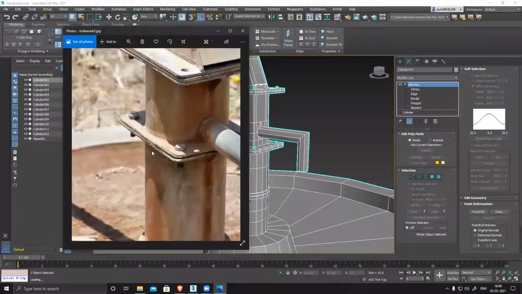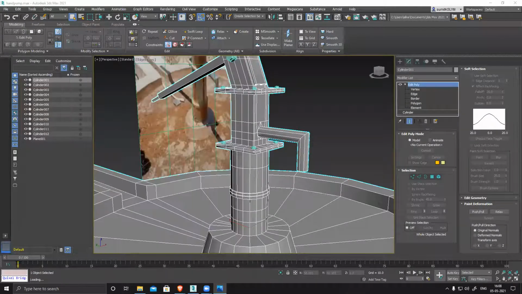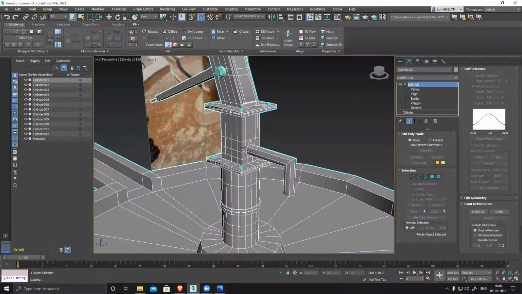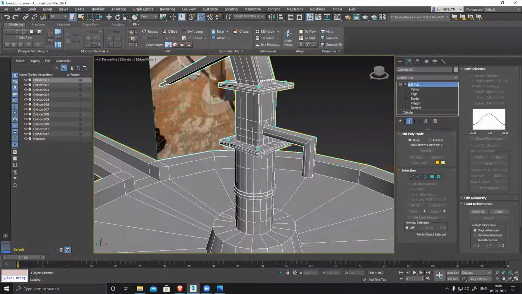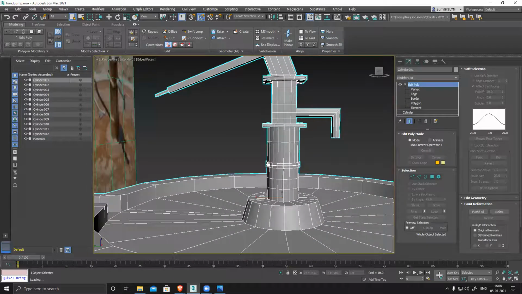Overall it looks fine, geometry-wise clean. But that part should be round, and it's rectangular. No problem, you can convert this rectangle into a circle: just extrude and extend this part only, and then reconnect it. It will work perfectly without any problem.